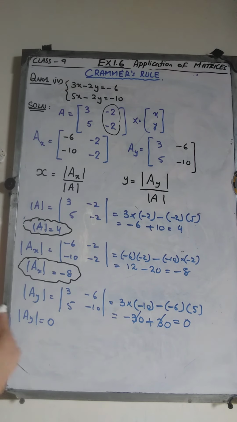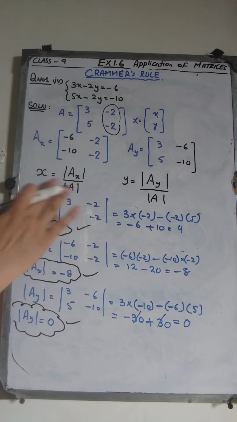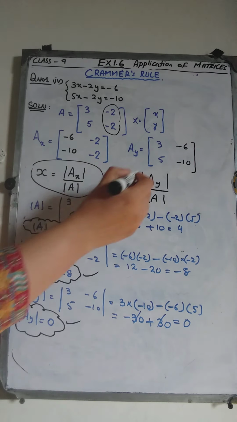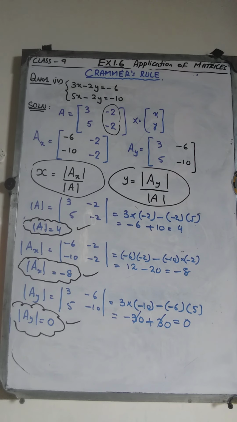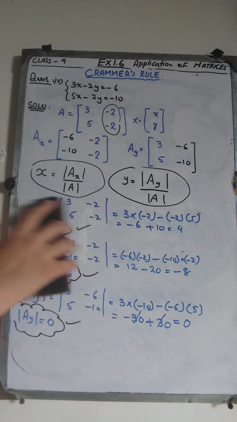Now we have found all these three determinants. These are the three numbers we are going to use to get to the values of X and Y. So here we have calculated all these three determinants. Now next we are going to use them to find the values of X and Y. All we need to do is